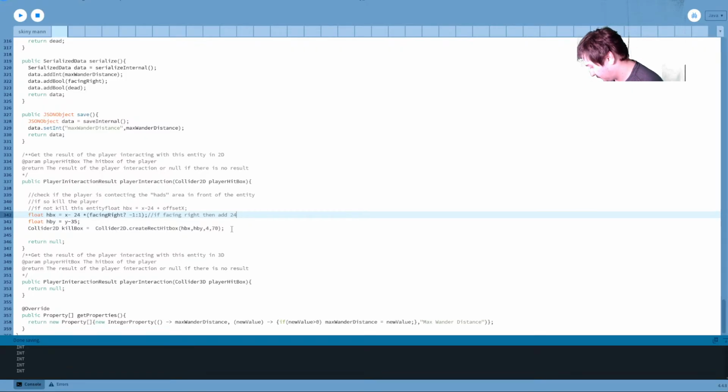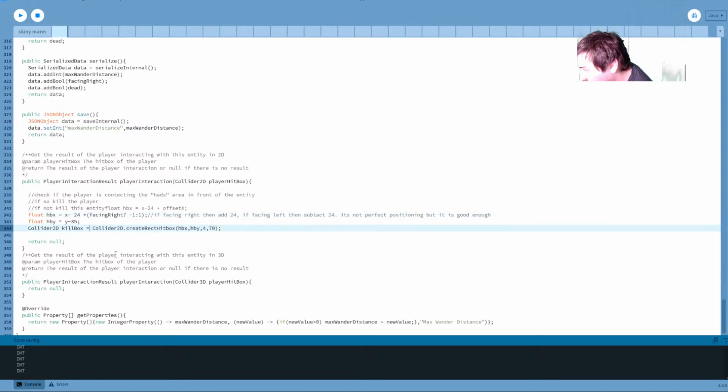If facing left, then... I had it right, dang it. Subtract 24. Not perfect, but it is good enough. Good enough for government work, as they say, I think is the expression.